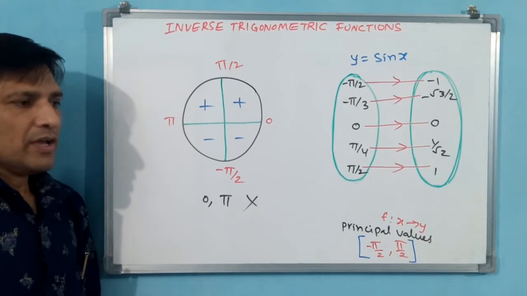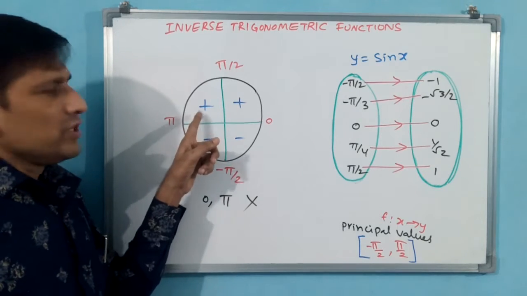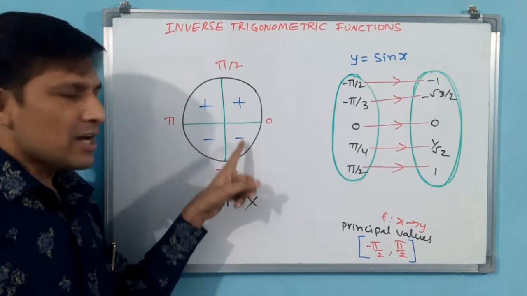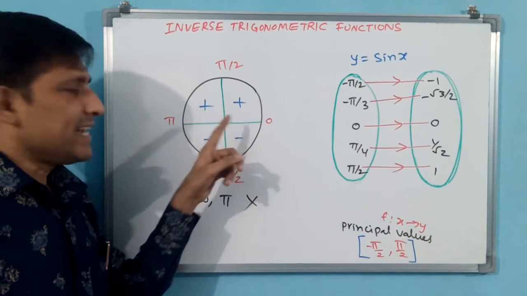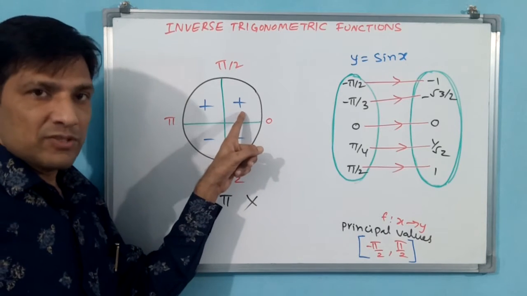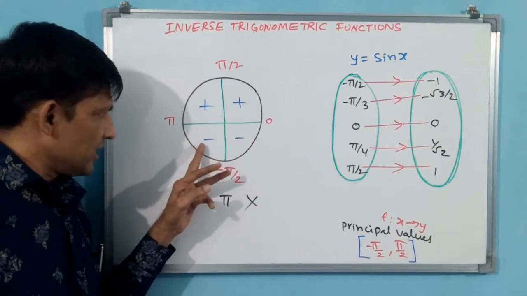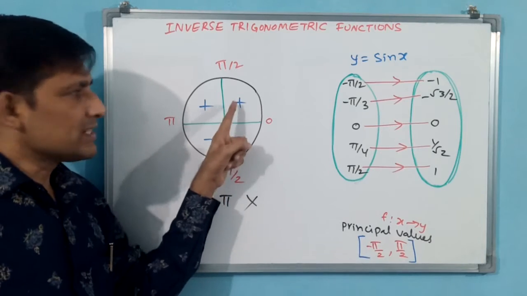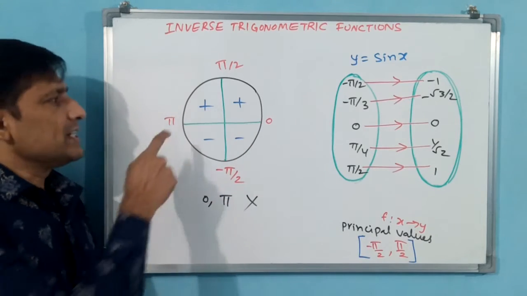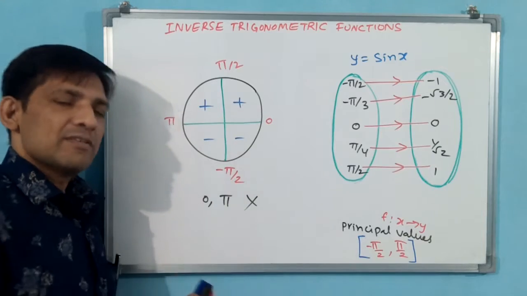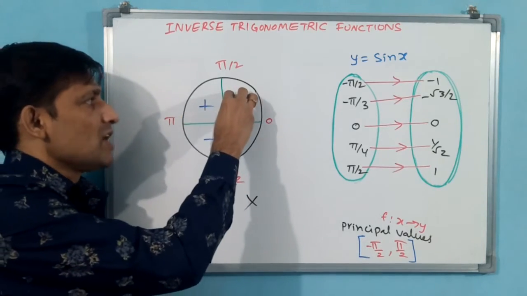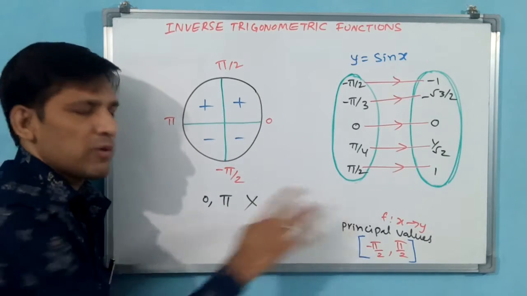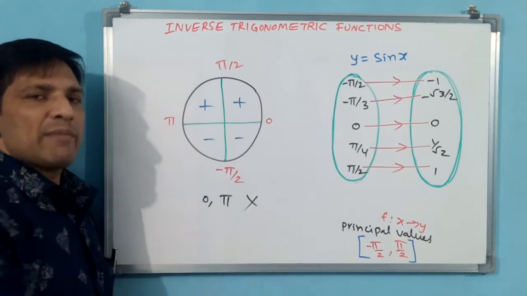That means, see, if you take sine, sine is positive here along with all. If you take cos, cos is positive here along with all. If you take tan, it is positive in the third quadrant along with the first quadrant. If you take cot, same, third quadrant and first quadrant. If you take secant, sec theta, fourth quadrant and first quadrant. If you take cosecant, second quadrant and first quadrant. That means if you observe, the first quadrant is common for all. That is why you have to take the first quadrant in principal values. That means 0 to pi by 2 is a must.